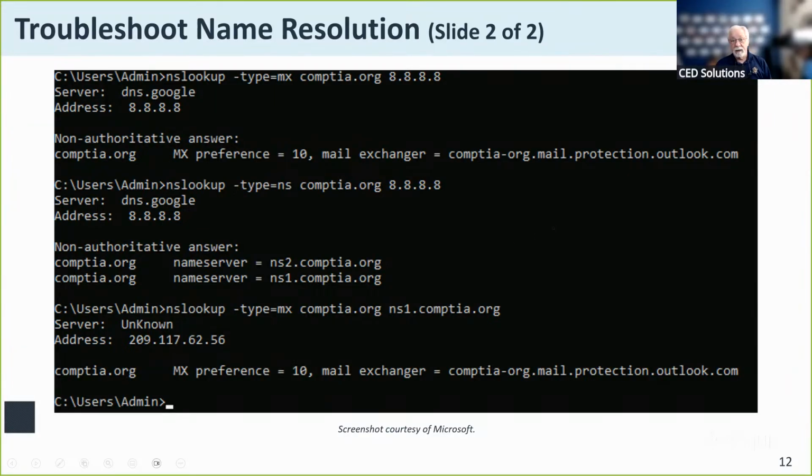The nslookup command also is much more powerful. I can use it, for instance, for making a copy of the DNS database and pulling it in, putting it on a secondary server. So nslookup is sort of a query into the DNS server. Okay. The counterpart of this in Unix, Linux, and macOS environments is a command called dig, D-I-G.